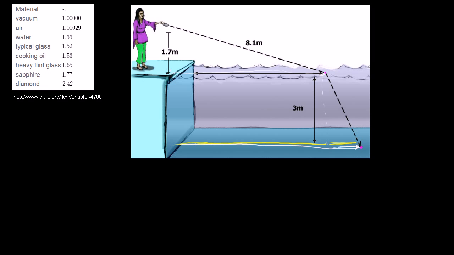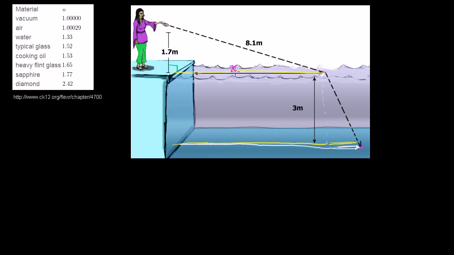Let's just figure out this distance. And it looks like it will pay off later on as well. So let's figure out this distance right over here, just the distance along the surface of the water to where the laser pointer actually starts touching the water. And this is just a straight up Pythagorean theorem problem. This is a right angle. This is the hypotenuse over here. So this distance, let's call this